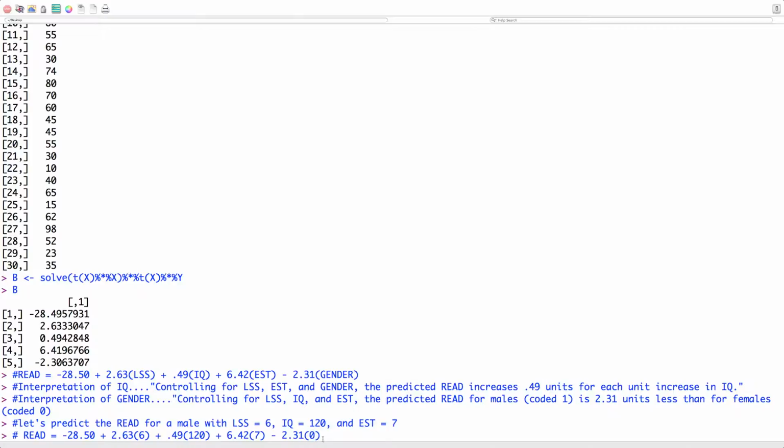So in other words, controlling for everything else in the model, if we put a 1 there, it would be decreasing by 2.31. It would be 2.31 less. Okay,